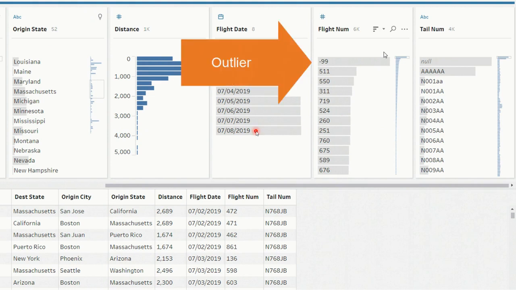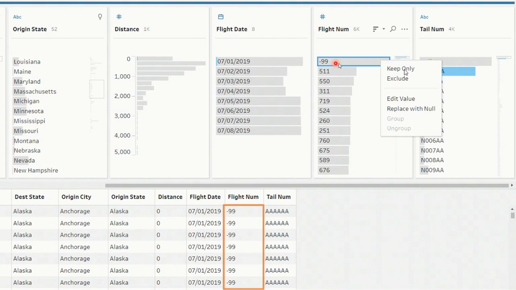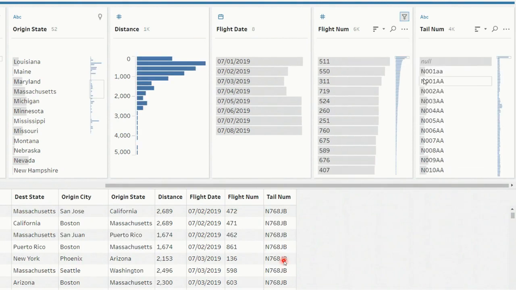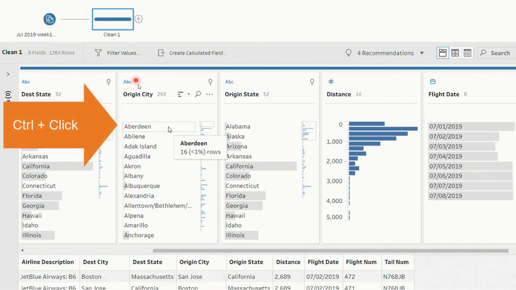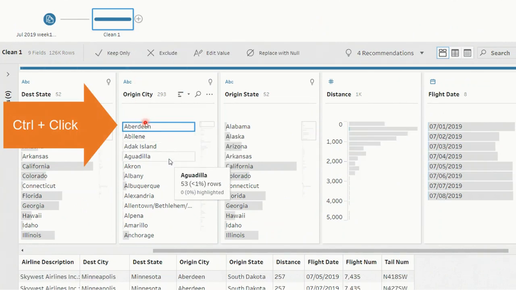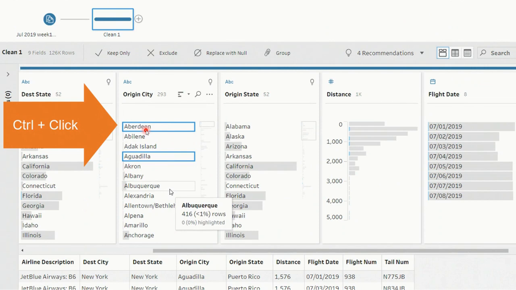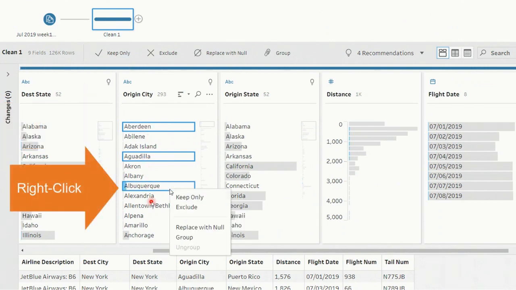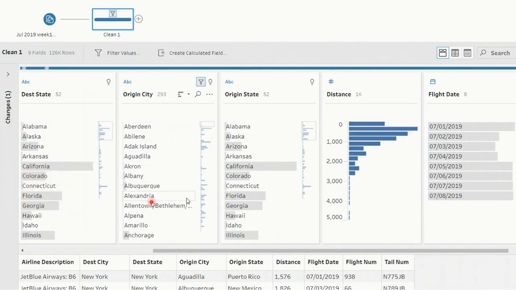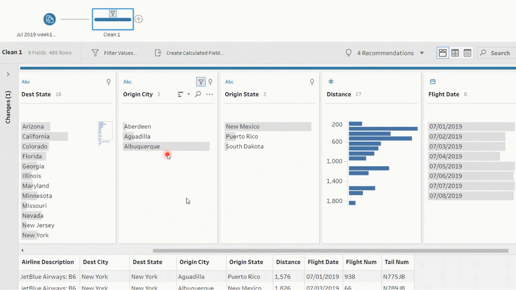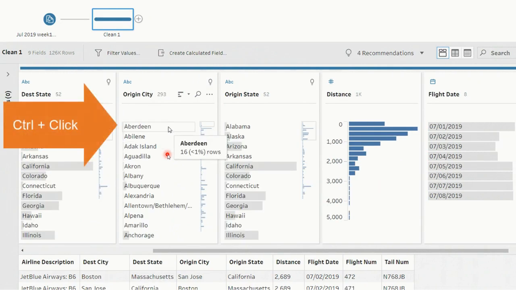Excluding outliers is very easy. Simply click on the outlier, right click, and click exclude. This is another option where you can hold control and click various values, that is various records, and click keep only to keep your records.